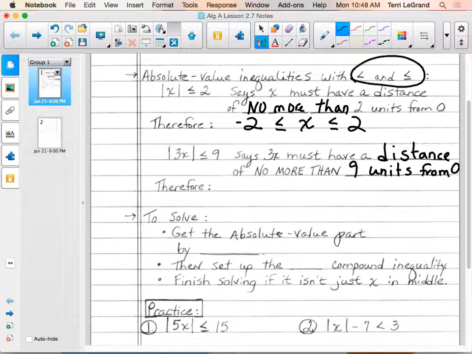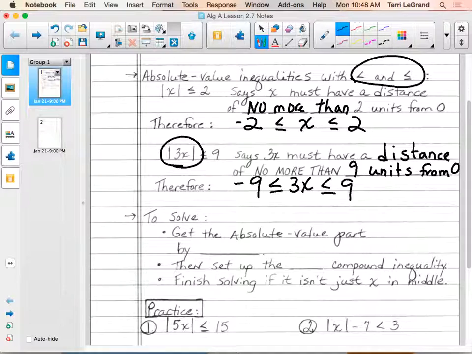Would be 3. Negative 3 is less than or... No, remember what it said. It says the distance of 3x. So what should be in the middle? 3x should be in the middle. Its distance can't be any more than 9 units from 0. Also negative 9, so negative 9 over here and